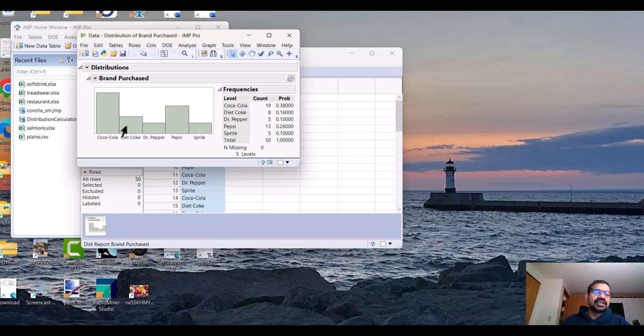This tells us how many of each brand were purchased. And next to it, we have the frequency table, where we are given the count of each of these brands. So this is called the frequency count. And on the right column is the probability. This is called the relative frequency, or the percentage count would be if you multiply it by 100, we'll get